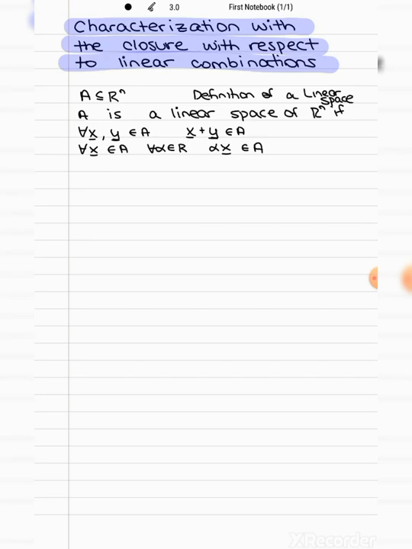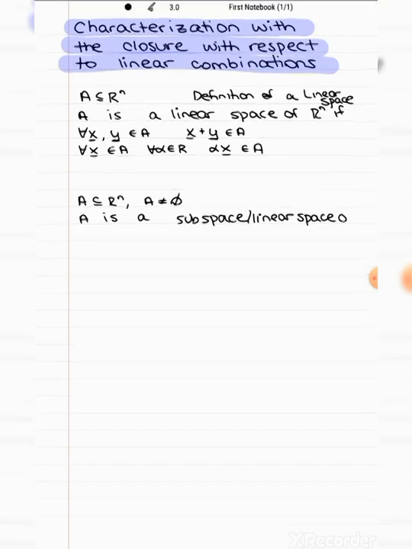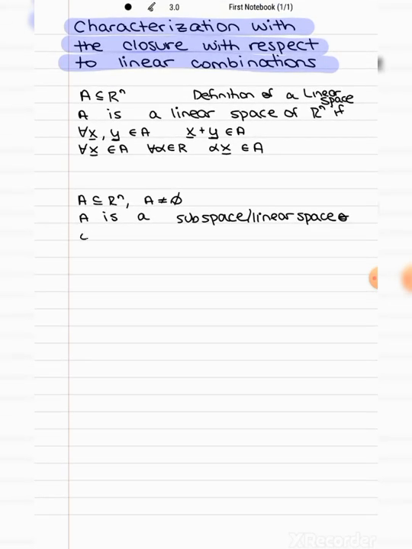And the theorem that we're trying to prove is that if we have a set that is not empty, it's going to be a linear space or subspace if and only if, which is a double arrow, when you take any two vectors, x and y, that belong